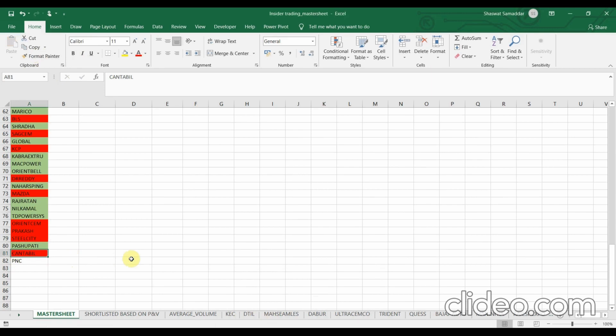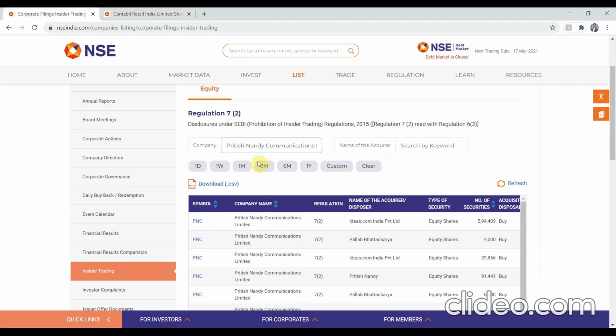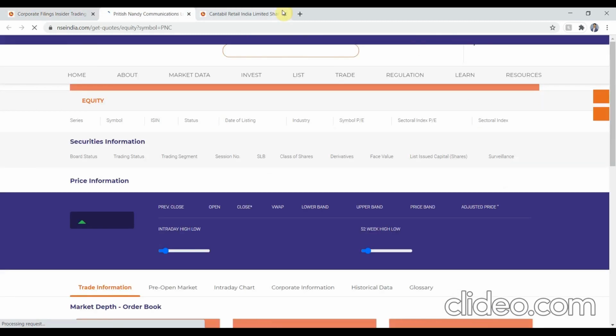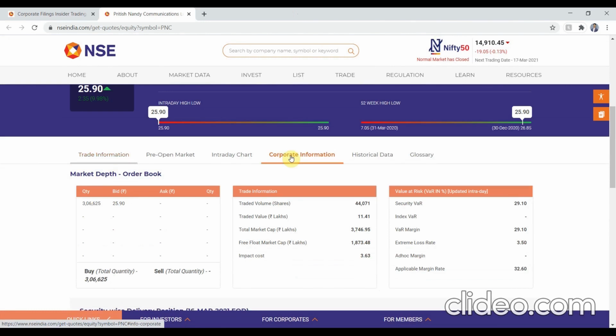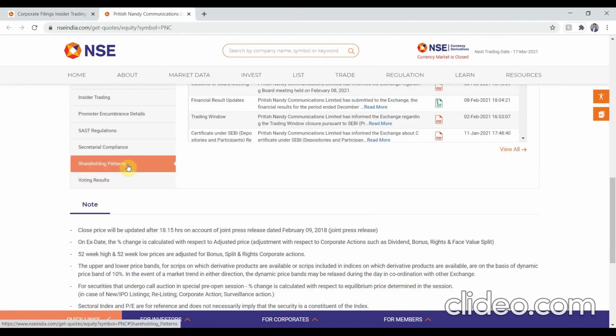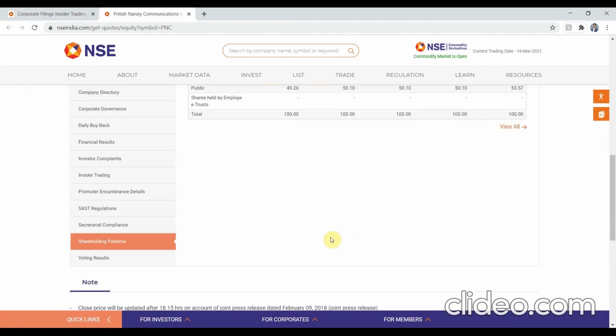Now the last stock for today that I am going to analyze is PNC. Paste it here. Click on the symbol here. Click on the shareholding pattern. It is greater than 50%, although with a very low margin, 0.73%, but it's still greater, so it satisfies the rule.